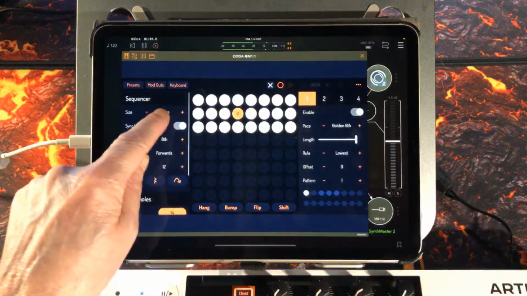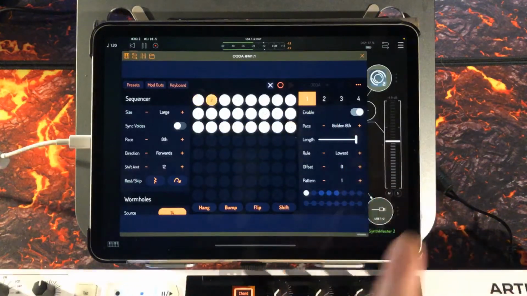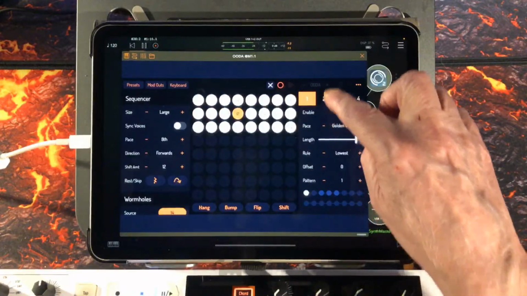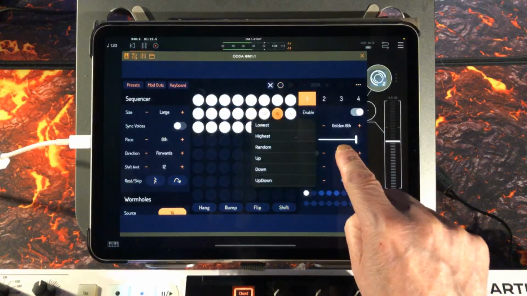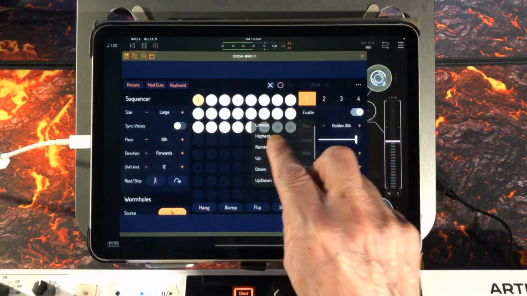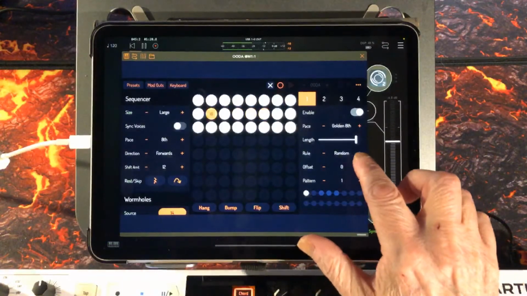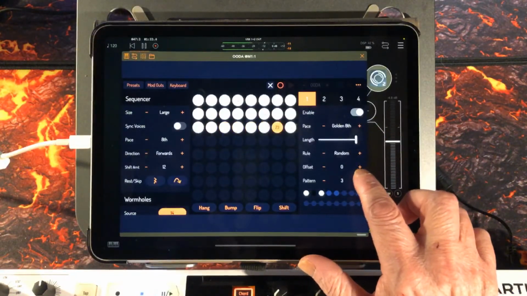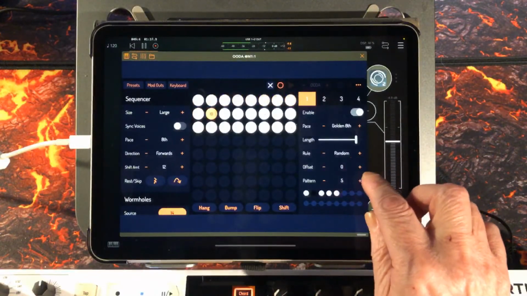And if we switch sync voices off now, it's going to be listening to the golden eighth. And this means that we can now choose different rules. Let's choose random. And increase the pattern length. Now you'll see